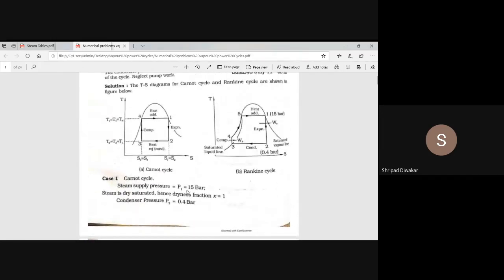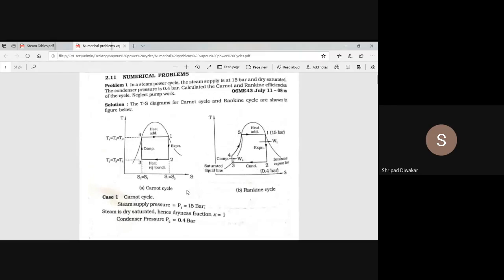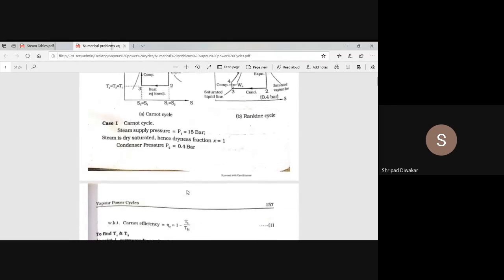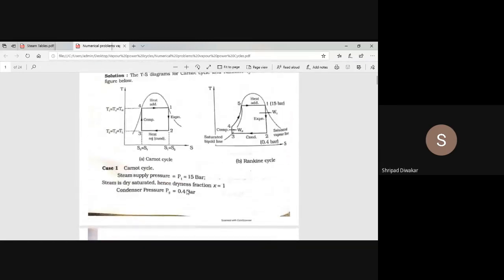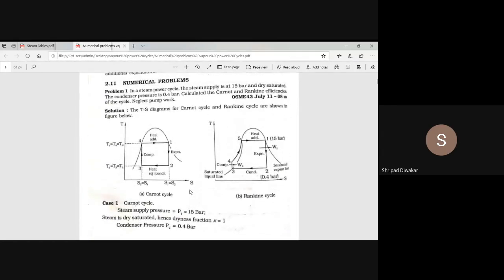air standard cycle. Now, how to find out the efficiency of your Rankine cycle? Most important. The efficiency of Rankine cycle is given by, what is the net work done here? Once again, you have to remember the standard formula. The efficiency of any cycle is given by net work done divided by heat supplied. Net work done means what? WT minus WP. In this case, pump work is not there.